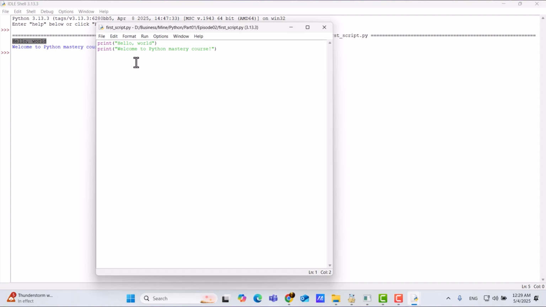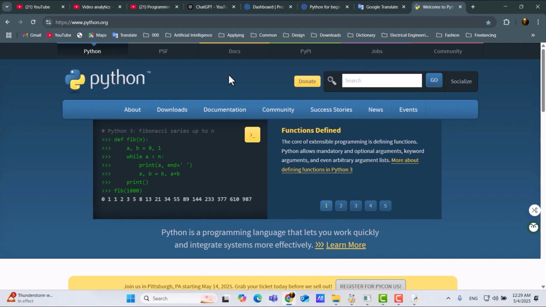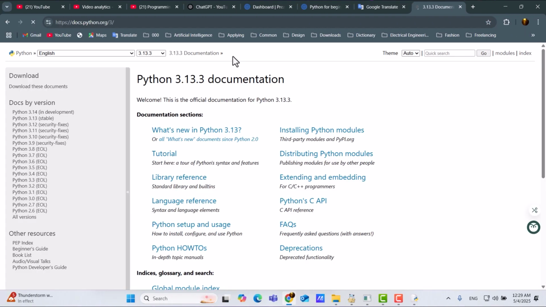There are many built-in functions that you can see on the Python website. Here on the Python official website, you can go to the docs and see the built-in functions. We look at Python 3.13 because we use this version of Python.